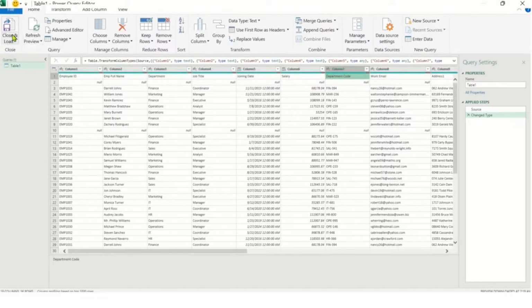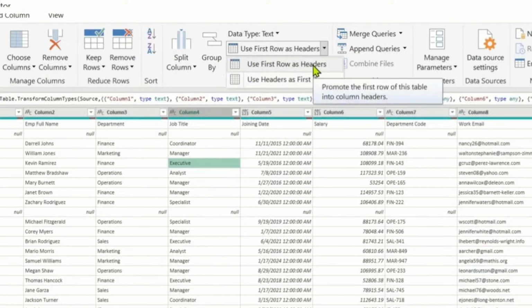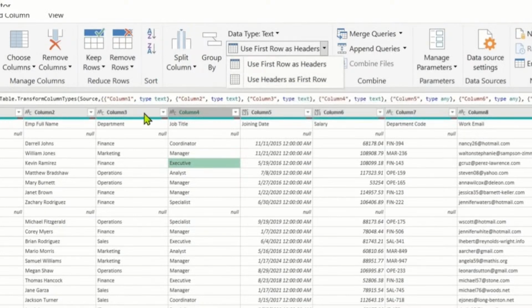चलिए अब हम पावर क्वेरी की ऑप्शंस यूज करते हैं अपने डेटा को डेकोरेट करने के लिए। सबसे पहला काम हम अपनी हेडर रो सेट करेंगे, क्योंकि कॉलम नेम्स विद नंबर प्रोफेशनल नहीं लग रहा है। इसके लिए हम मेन्यू में ऑप्शन यूज फर्स्ट रो एज हेडर सिलेक्ट करेंगे। यदि आप इस ऑप्शन के ड्रॉप डाउन को क्लिक करेंगे तो इसमें 2 ऑप्शंस हैं। पहला ऑप्शन यूज फर्स्ट रो एज हेडर्स, जिसका मतलब हमारे डेटा की फर्स्ट रो एज हेडर यूज होगी, और दूसरा ऑप्शन यूज हेडर्स एज फर्स्ट रो, जिसका मतलब जो कॉलम नेम्स पावर क्वेरी ने दिया है वो यूज करेंगे।